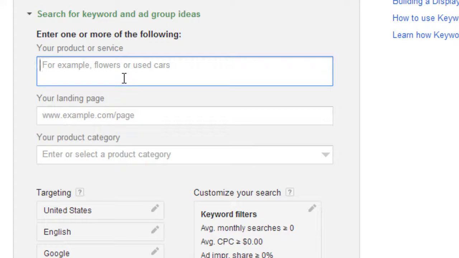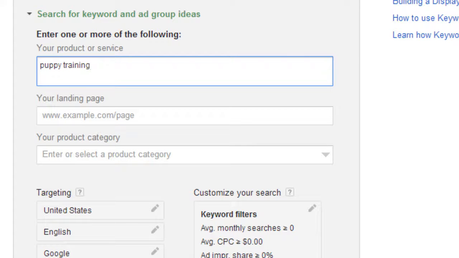Now in this case, we're just going to choose a main keyword phrase. So instead of picking a very specific keyword phrase, try to think of a main keyword phrase that relates to your product, whatever product that you're selling, whether it's an affiliate product or even a service that you are providing. So think of a general keyword that relates to all of that. So let's say, for example, that I am an expert in dog training, specifically with puppies. So I'm going to type in puppy training,